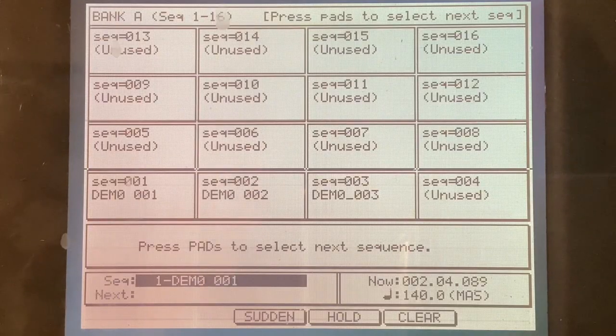So from here, we've got this part here where it says sequence. You can see it says demo 1, right? And then you got the 3 F keys. You got F3, which is sudden. And then you got F4 for hold, and then F5 is the clear button. Okay, so basically,